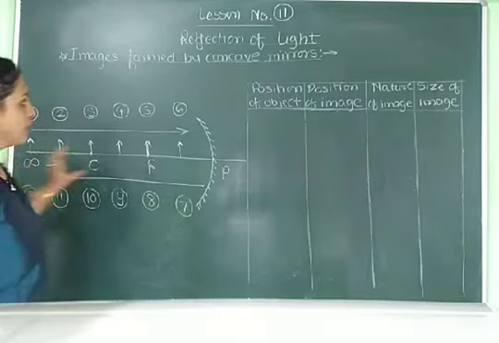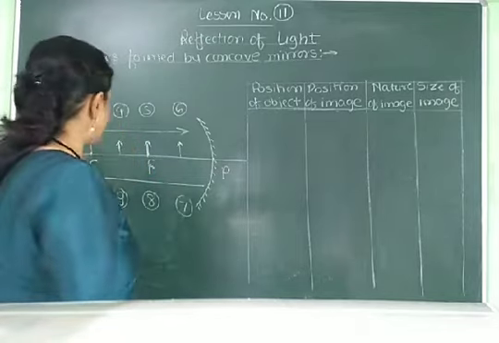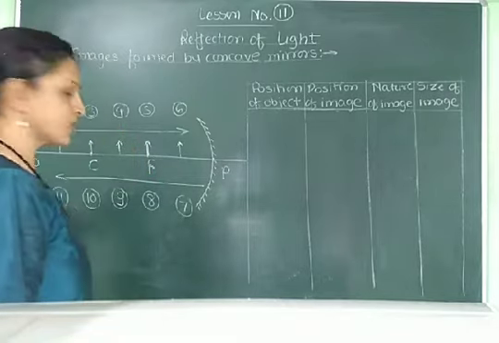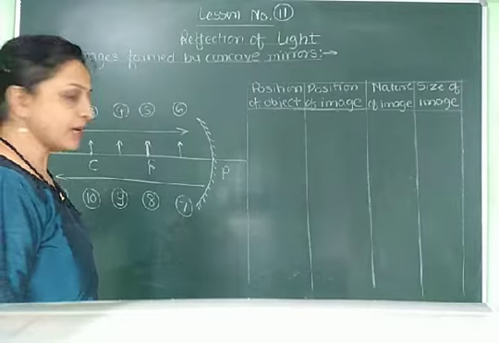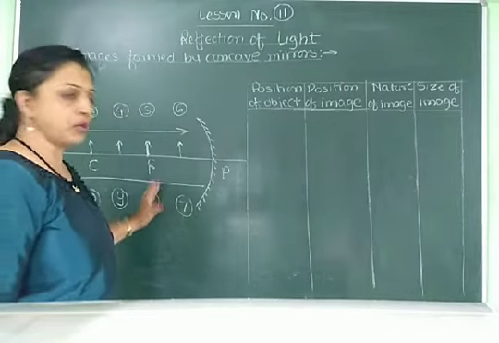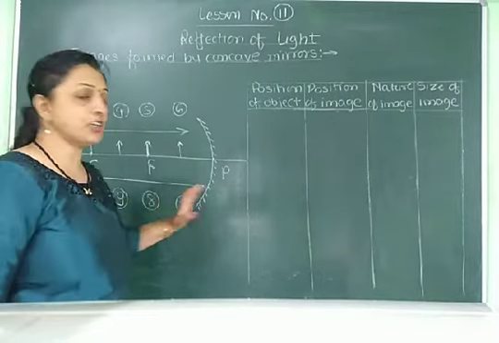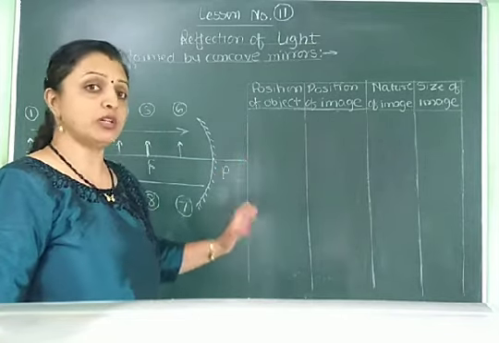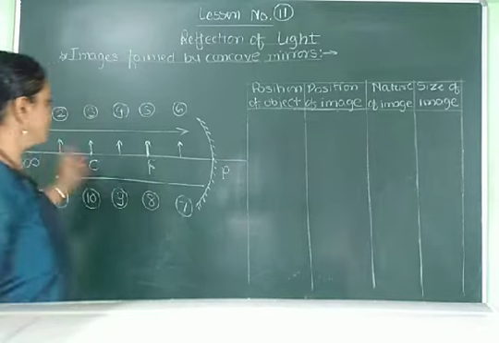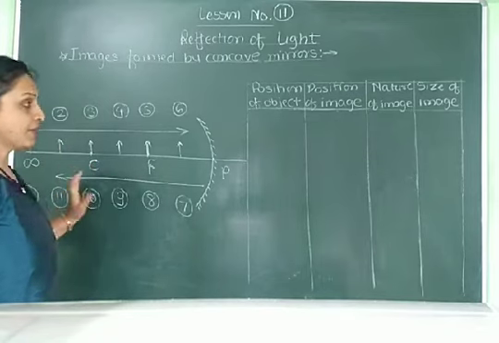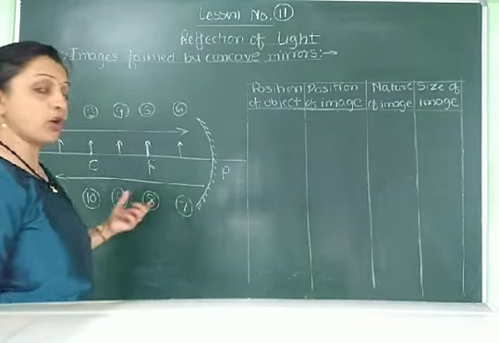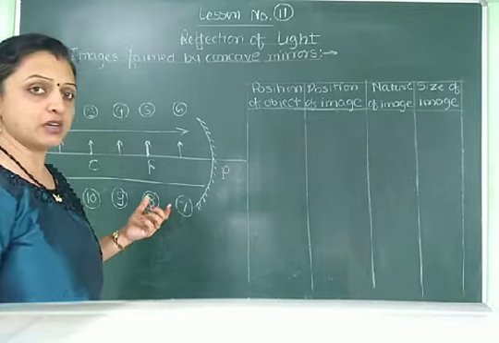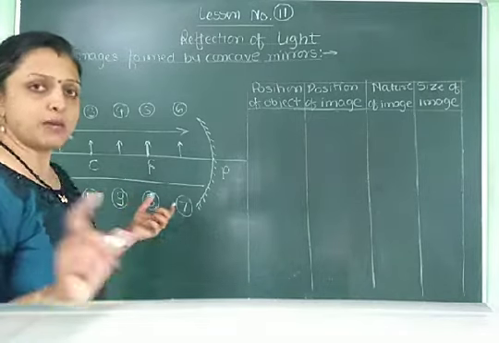So in this way we give the numbers to all these positions of the object, and these are the positions of the images. Very simple trick that you have to remember, and by using that simple trick you can easily remember this chart. There is no need to learn all this chart. So we have given these numbers. After that, now we have to start from the bottom of the chart. Actually that is given in your textbook. We have to start from the bottom.